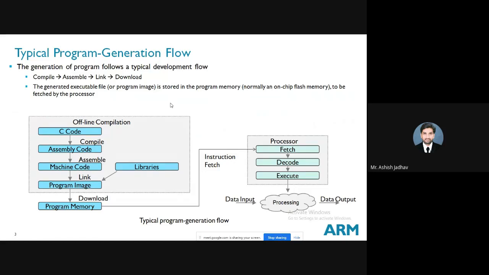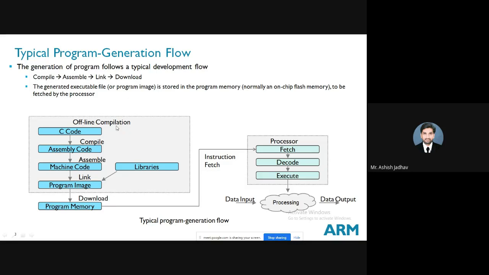Here, I would like to tell you things once again related to API. What do you mean by API? API means application programming interface, right? And in API, you have a couple of things, specifically compile, assemble, link, and download. These are the things, or you can say the functional blocks, we should understand for executing the program. These are the tools available in an API: compile, assemble, link, and download, right?